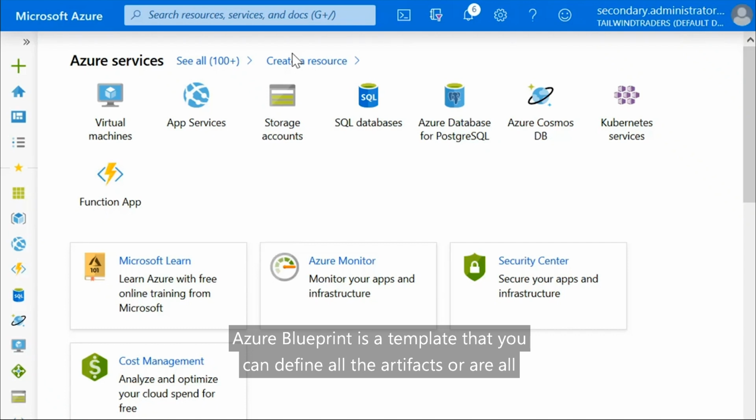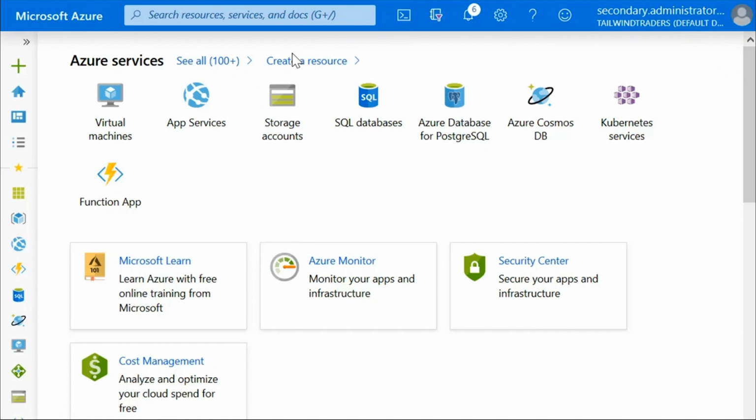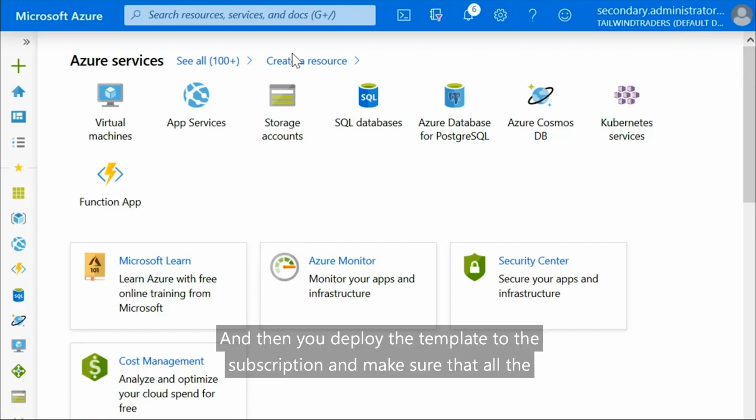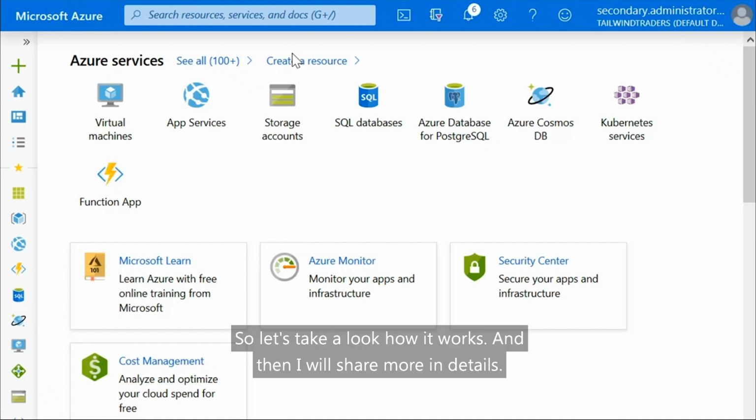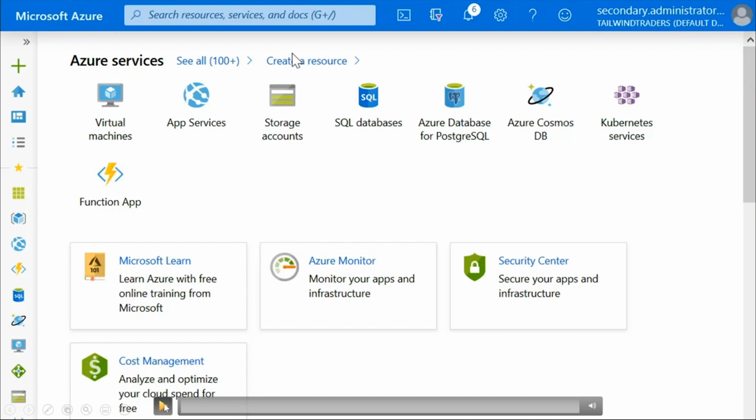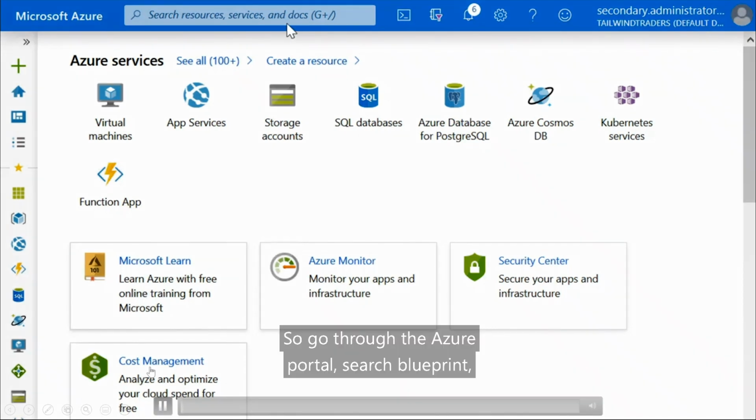Azure Blueprint is a template where you can define all the artifacts, or all the items, you want to standardize. Then you deploy the template to the subscription and make sure that everything aligns with the template configuration. So let's take a look at how it works, and then I will share more details.